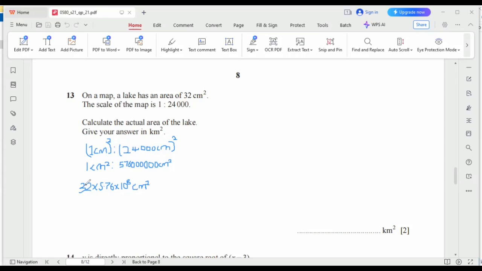So you do this with your calculator, and you should get 18,432,000,000, but we would write it in standard form as well. So when you do this, you'd get, let's write it in standard form,